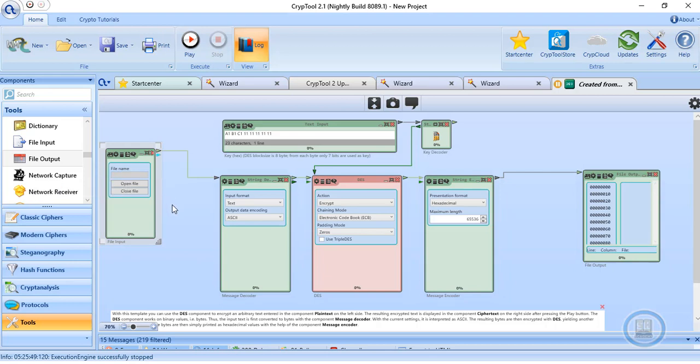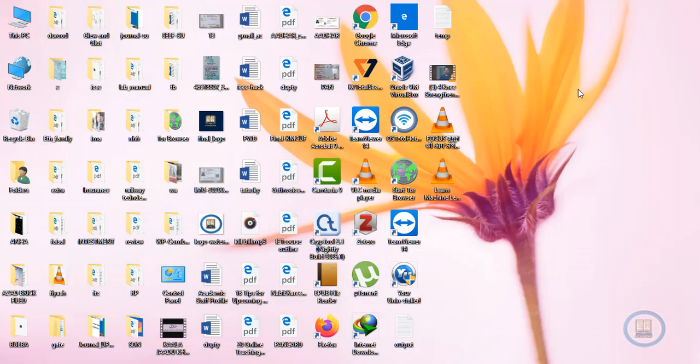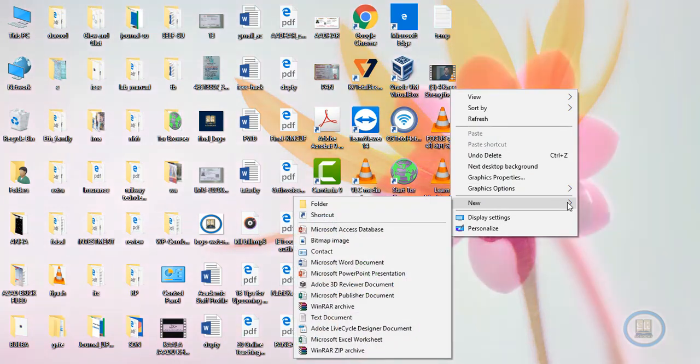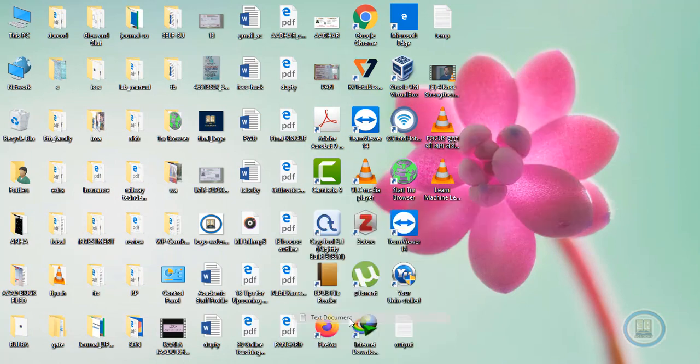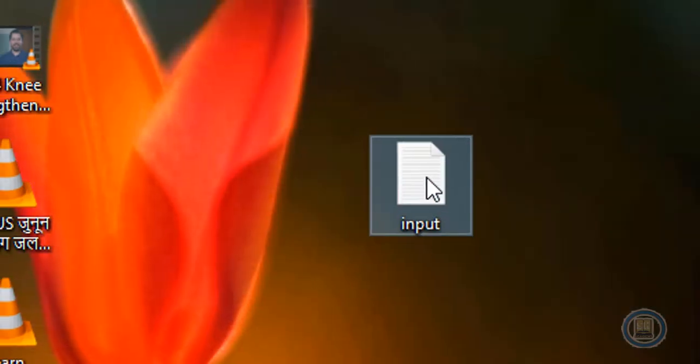So for this purpose, what you need to do, you need to generate one source file, because it is asking about the open file. So go to the place from where you want to send the file. Suppose that for this purpose we want to create our own source file, which is a text document. You can say that this is input or plain text.